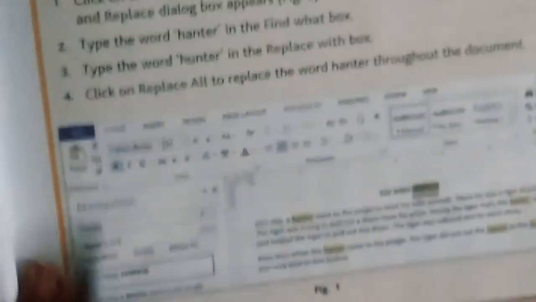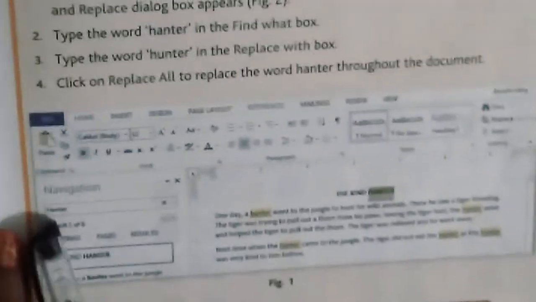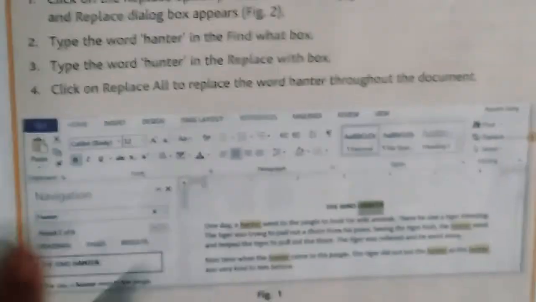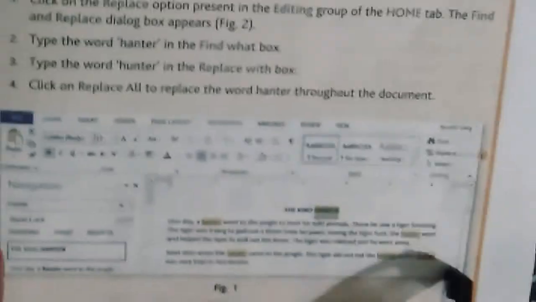Then you will use the find option. As soon as you write hunter in the navigation pane, the hunter will be highlighted in the document. Here you can see it is highlighted with the yellow color, and the red margin, it is underlined here.